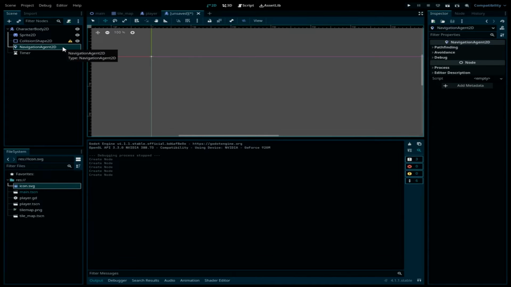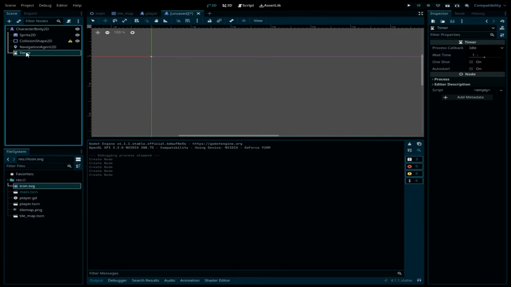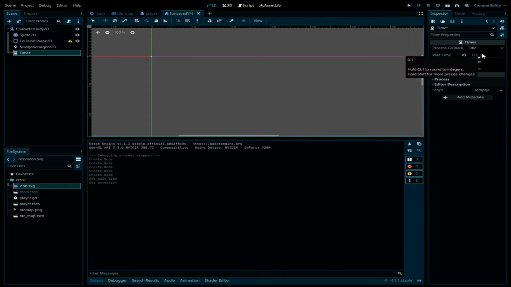So the NavigationAgent2D is the node which will help the enemy find a specific path to a certain position while avoiding obstacles. And this timer here, I want to change the value to 0.1 seconds and check auto start. So every 0.1 second, we want the enemy to update its path to the target, which is going to be the player. Now I want to rename this node to enemy